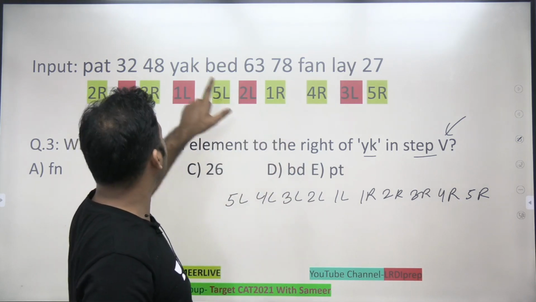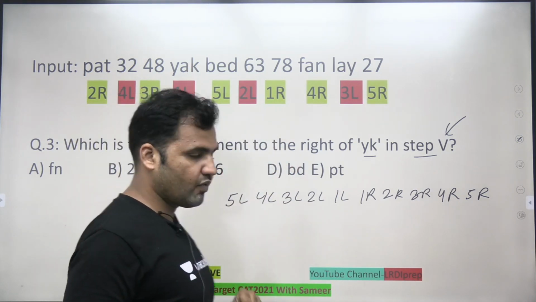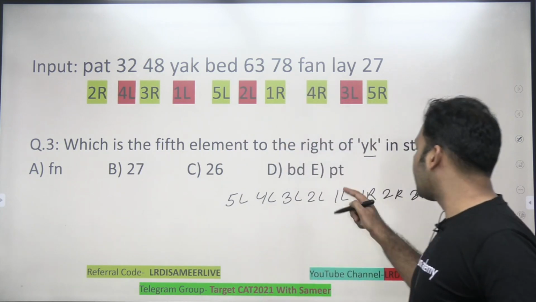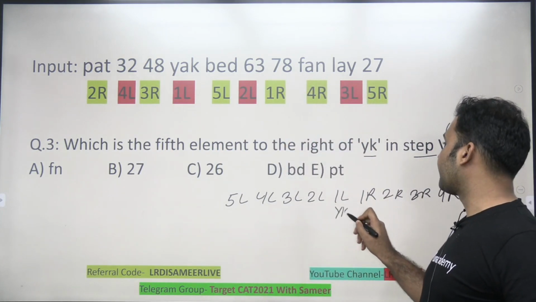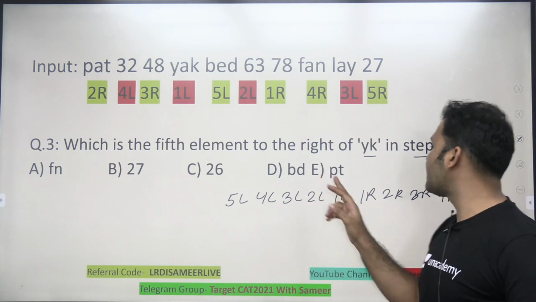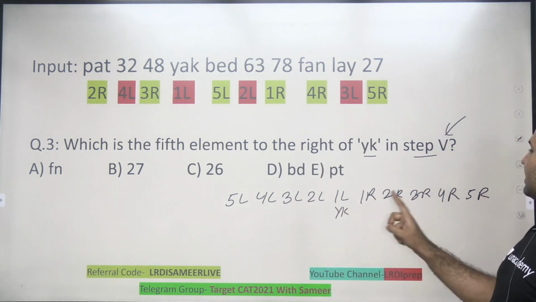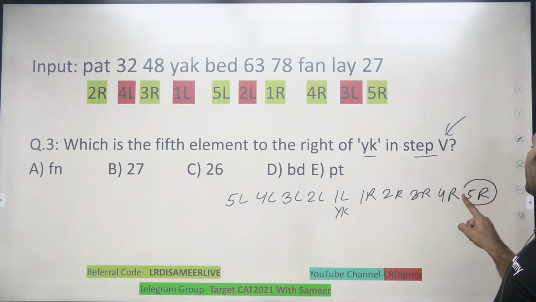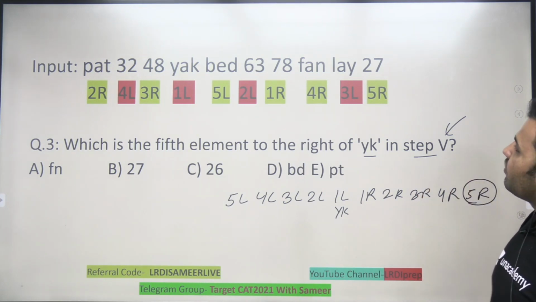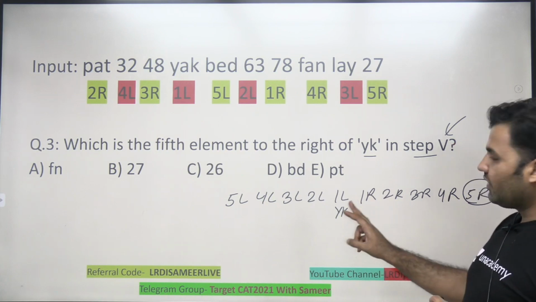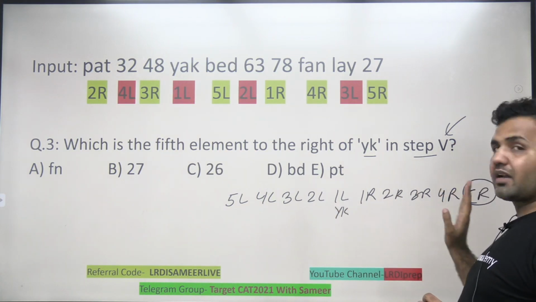Look at the word YK. It is positioned as 1L, right? The ranking of 1L is YK. I'm looking for the fifth element to the right of YK. Fifth element to the right would be this: first, second, third, fourth, fifth. That is 5R. The element which is ranked as 5R will be the fifth element to the right of 1L,